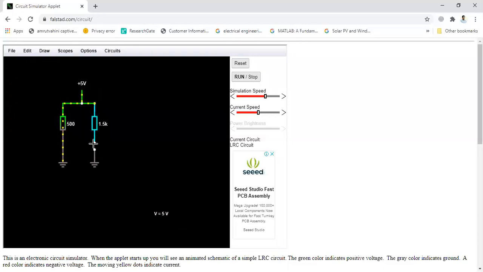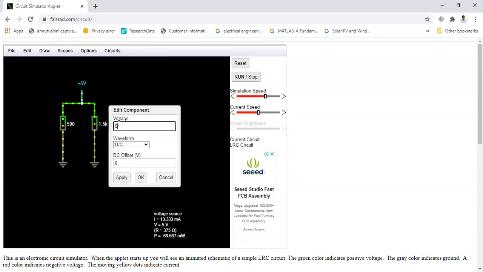Now, if you can see, the current is flowing across. It means my circuitry has been completed. Input is voltage and output is current. Now we are going to check. Same as the resistor value we changed, double click on voltage and you can change the voltage value also. It can be 10. You can define DC, AC, square wave, sawtooth, pulse, noise, but right now we are dealing with the DC supply voltage.